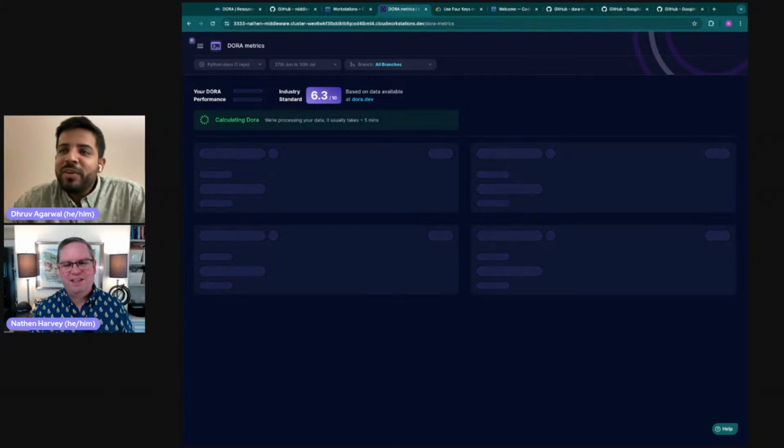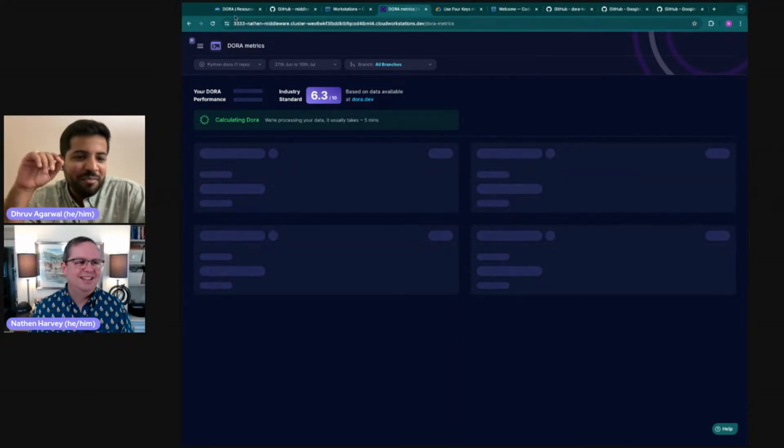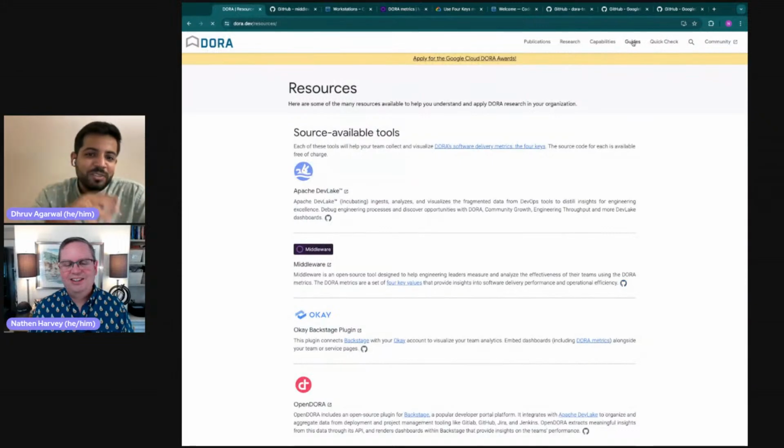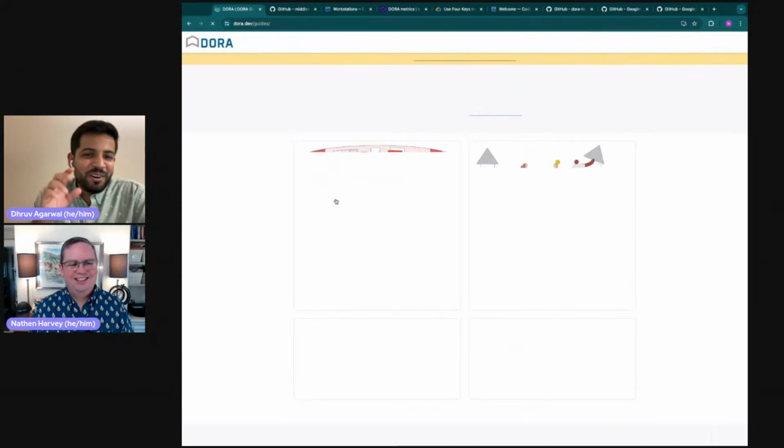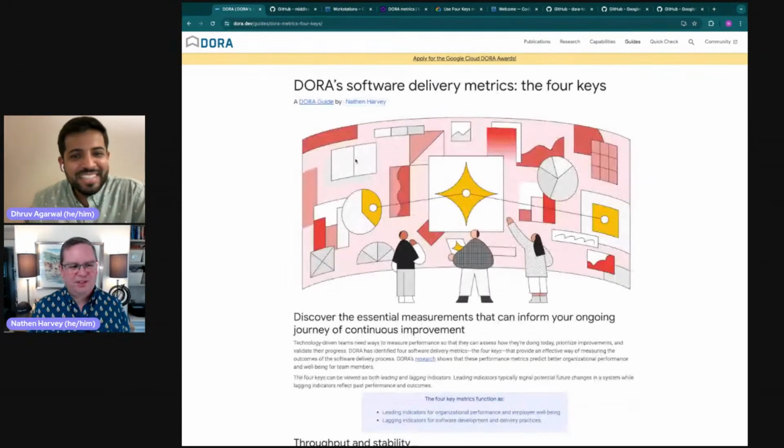And one interesting quote I read, I don't remember it verbatim, but on the DORA website, there's a quote which says that the real trade-off over a long period of time is choosing between better software faster or worse software slower.